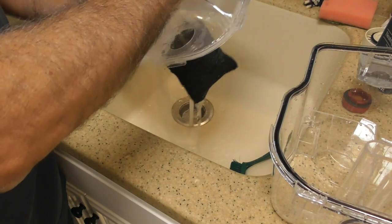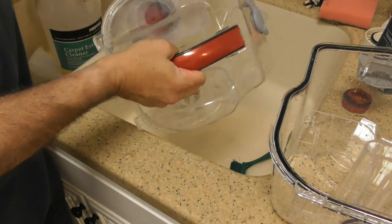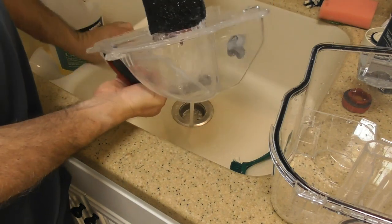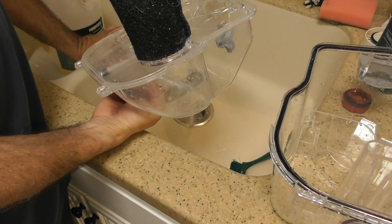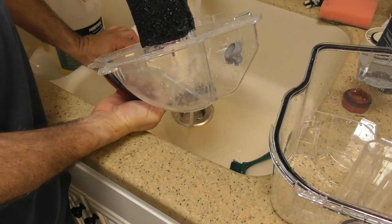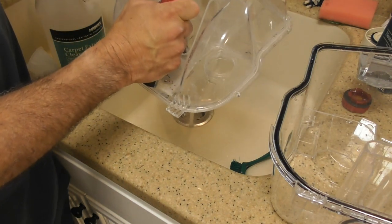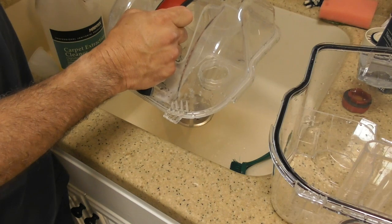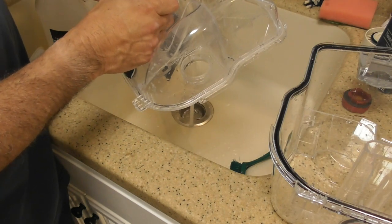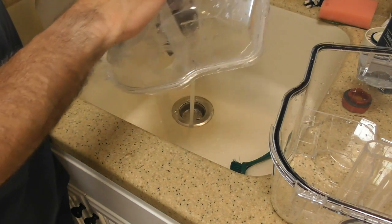I don't know if I'm going to be using my Bissell machines again, because this machine just does a really, really, really nice job. And it's easy. I don't have a bladder like on the Bissell machine, where you have to fill up the water inside the tank, and then you have the dirty water surrounding the bladder, and you have to put your solution in there. This machine has a solution compartment, a clean water compartment, and a dirty water compartment, kind of like